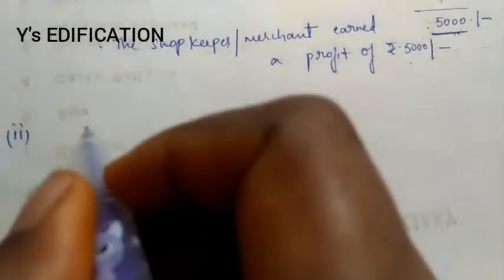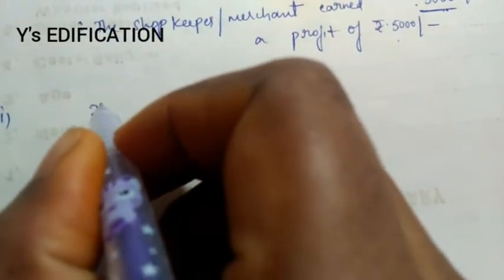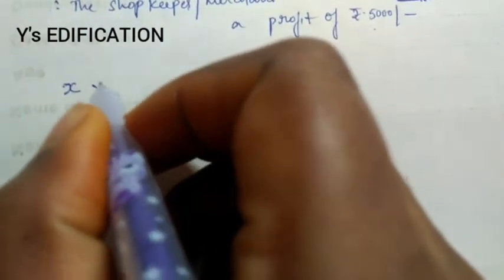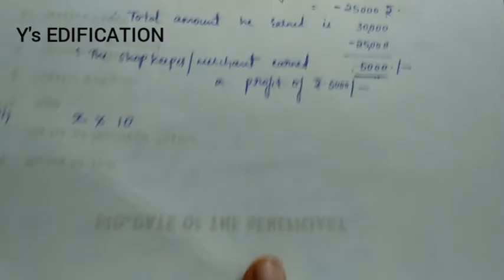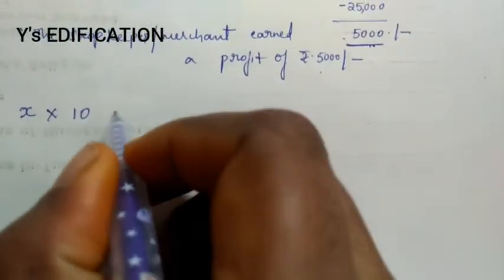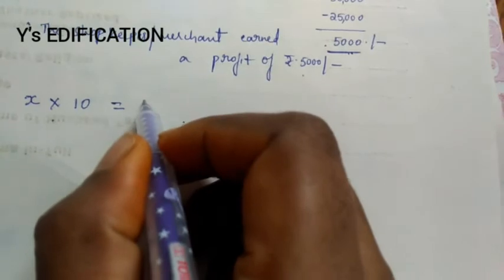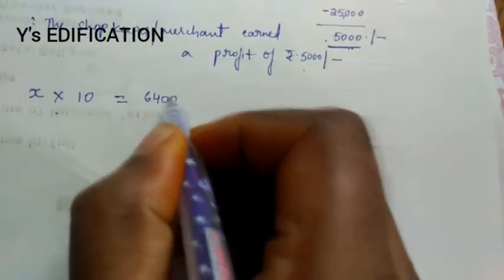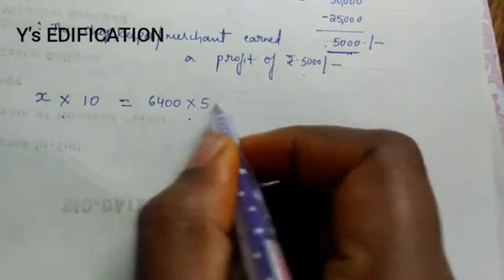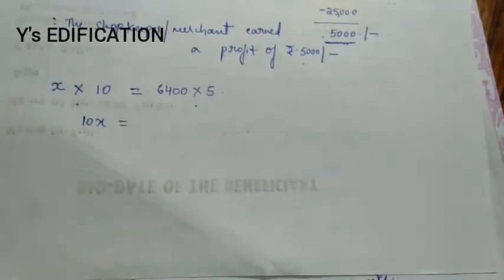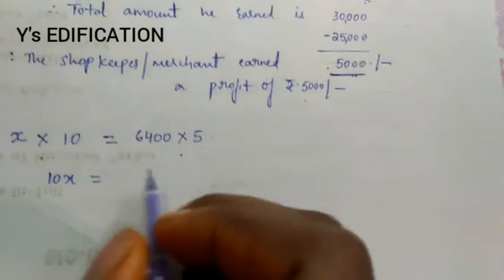so how do we have to write it? We don't know the number. So the number of unknown basmati rice bags is X. For each bag 10 rupees is the profit. So X into 10. Okay, so this must be equal to the loss from non-basmati rice bags. He already sold 6,400 bags. For each bag 5 rupees is the loss. Okay? So we have to write it this way. So X into 10 is 10x. So 6,400 into 5 is